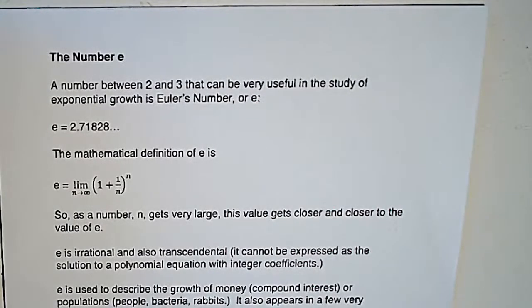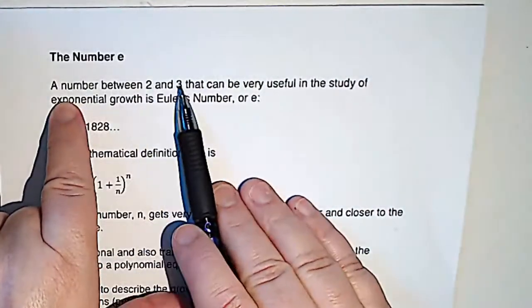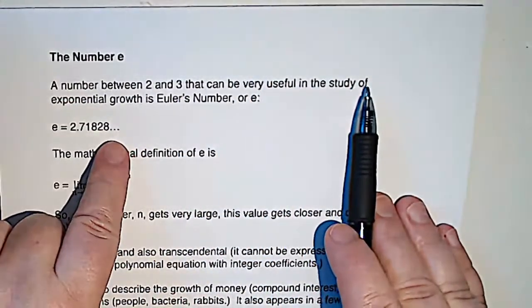Woohoo! We are live. This is Math 60 Intermediate Algebra, and I want to talk about the number e. First thing you're going to say is e is not a number, and I'm going to say, au contraire, e is a number. So there's a number between 2 and 3 that can be very useful in the study of